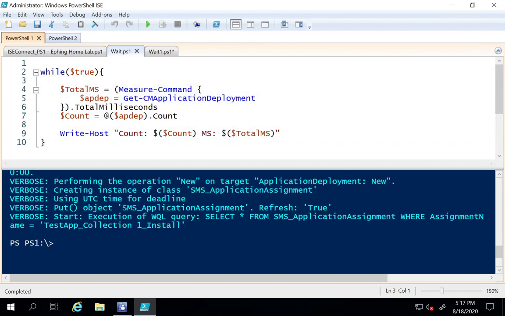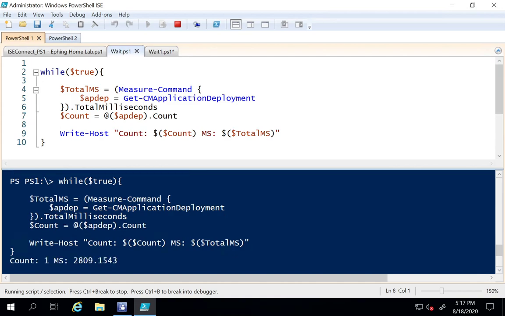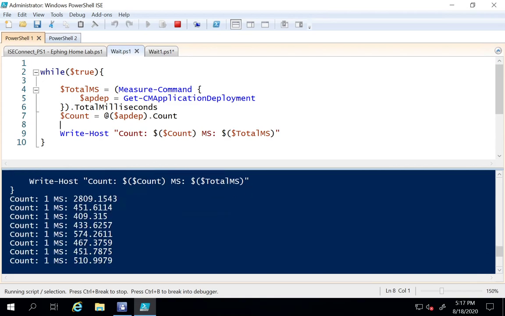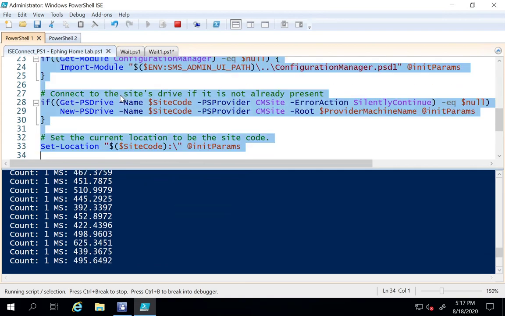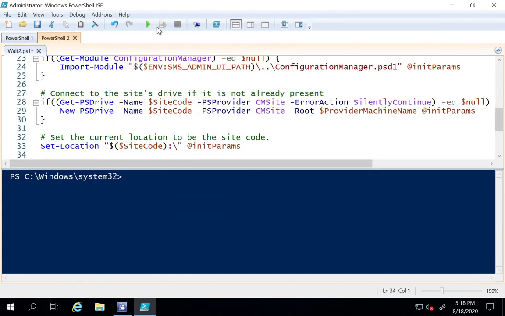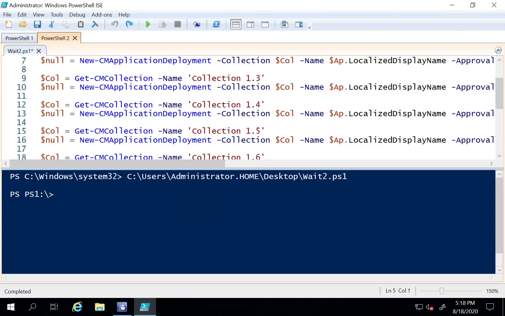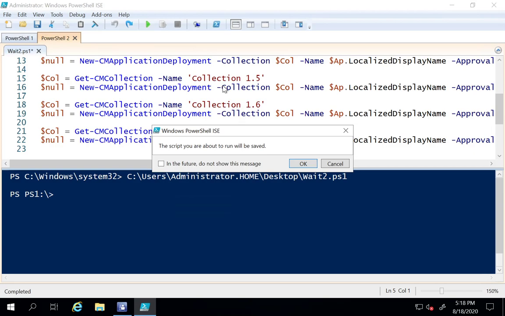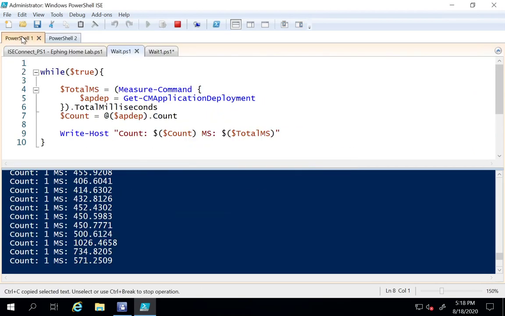This is one of the things I do when I try to prove something's slow or fast. I do a while true loop, and then I measure the command, and I just run things like this. I do this all the time ad hoc, and I see, okay, it's about 400 milliseconds with one deployment. Then I have a script over here where I'm going to create a bunch of deployments. I'm just going to create like 7. I have these running, and now if I flip back over here and look at the count,